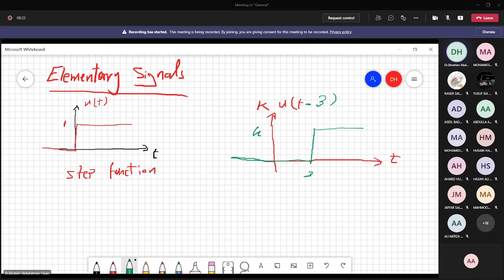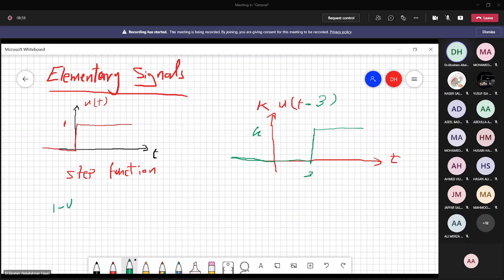Okay, بعدين كل اللي عندي just mathematical operation with u of t. So multiplying by k, multiplying by minus k, so then it will be inverted. Okay, and